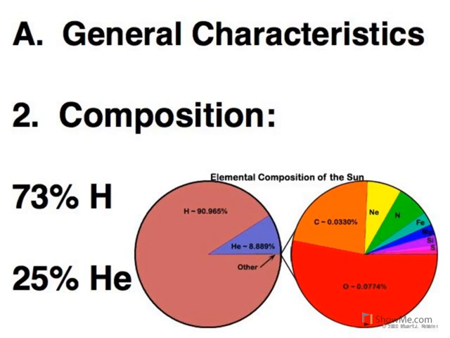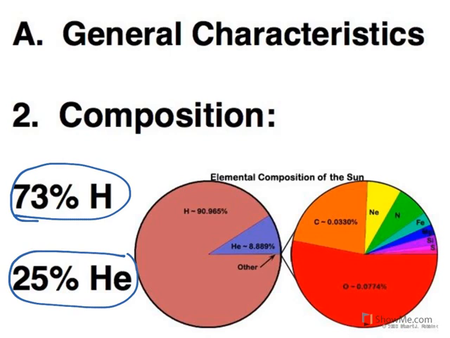The other thing is our Sun's composition. Our Sun is primarily hydrogen. Recall that H stands for hydrogen, 73% hydrogen, 25% helium. He stands for helium. So that adds up to 98%. So what's that other 2%? Pretty much every other element